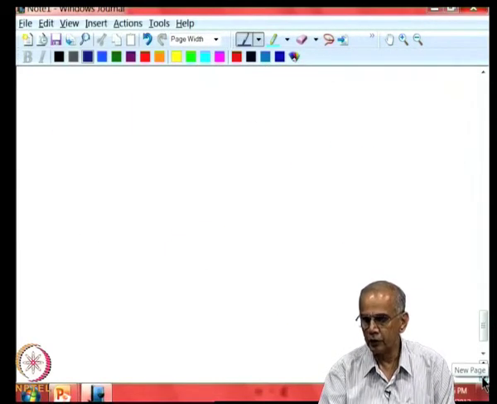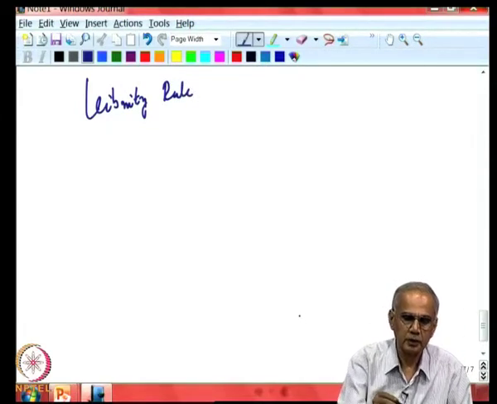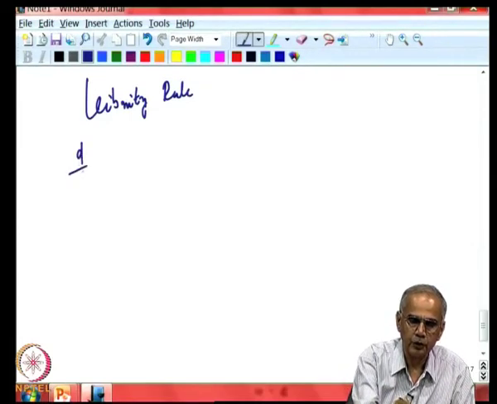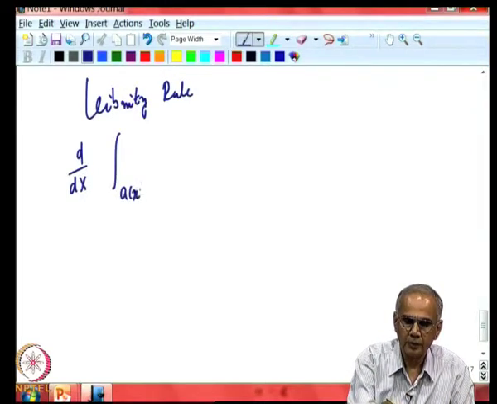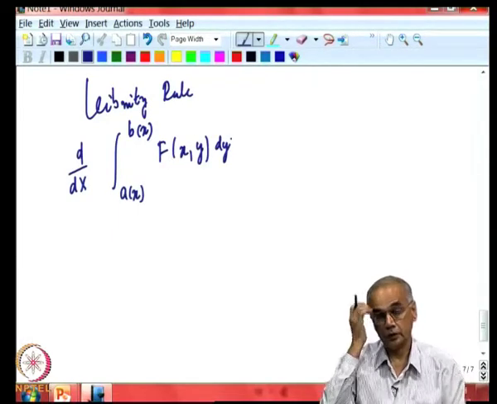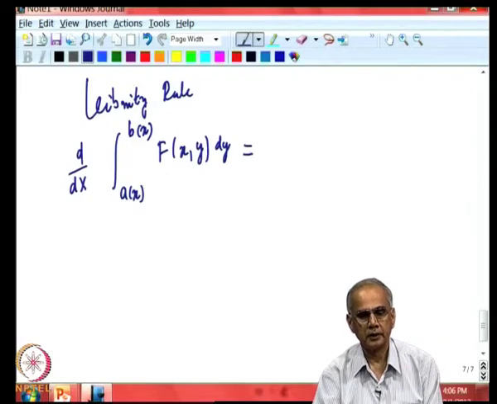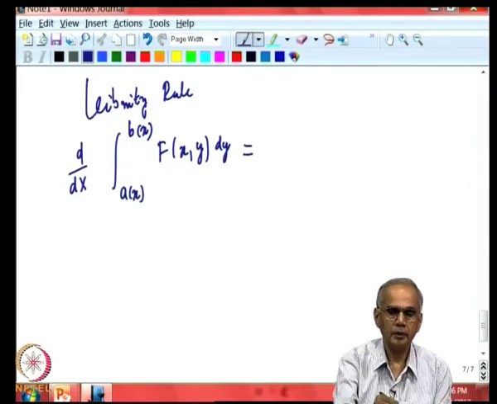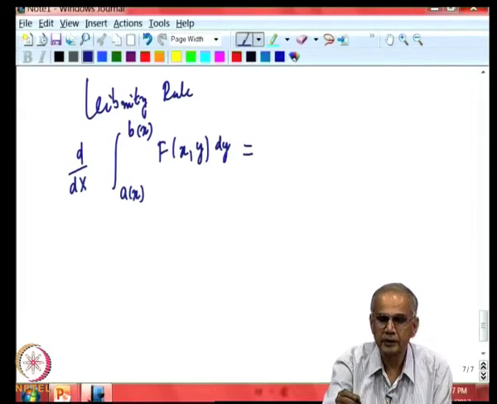Now, before you go further, we need to know a little bit about what is known as the Leibniz rule. Leibniz rule is concerned with the following issue. Suppose you want to differentiate an integral where the limits of the integral are functions of x and inside there is another function of x, y and dy. So, what is this? The Leibniz rule states that in order to differentiate a function in which the limits of the integral are not constants, but functions of x, you have to